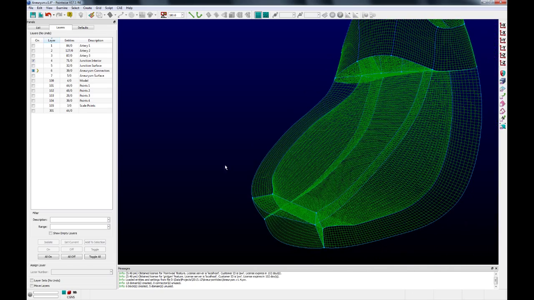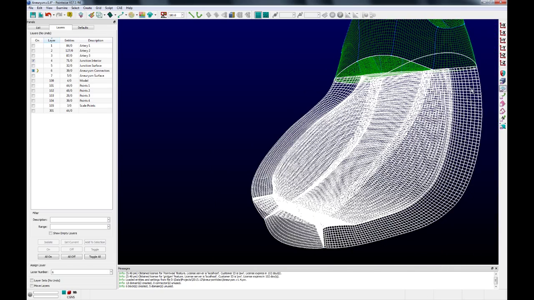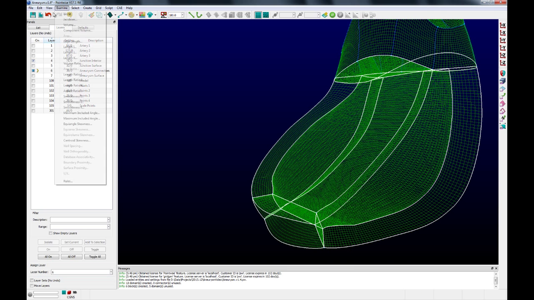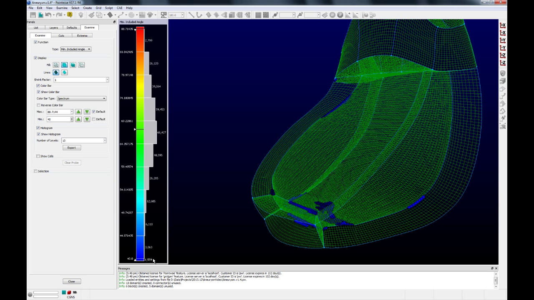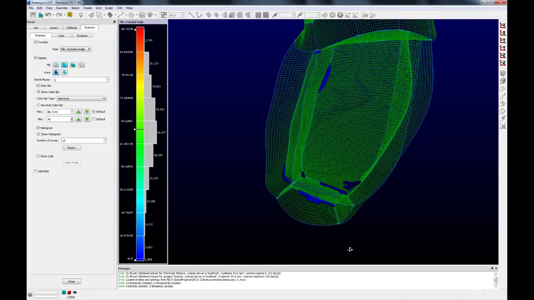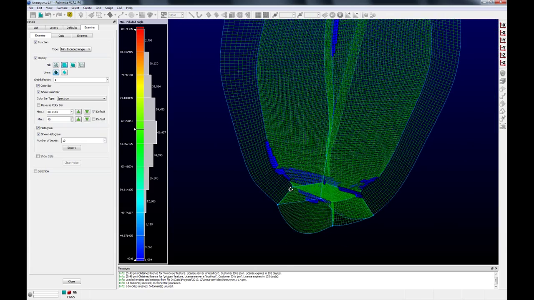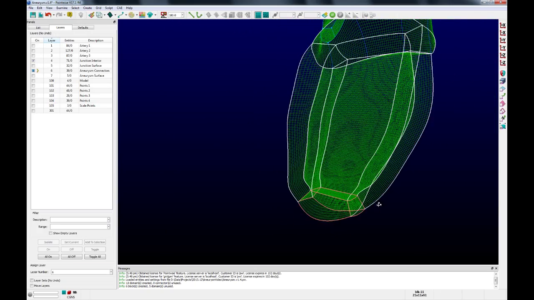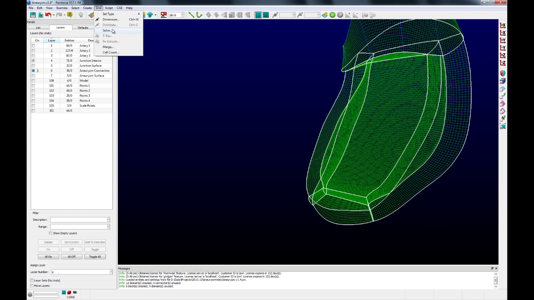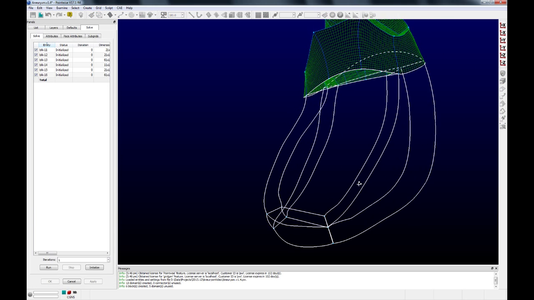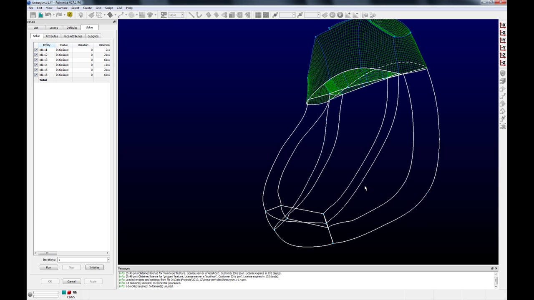If we now go in and select all the blocks, we can see that we have a much better quality already. Examine min included angle. We can see we're already down to about 1,500, almost 1,600 cells. Now there are still a good number of cells that are less than 40 degrees, so I think we can still do a little bit better. So we're going to go ahead and hop out of this and go up to Grid Solve with the blocks selected. So by selecting the blocks, we've now entered the block elliptic solver, which allows us to actually solve the entire volume